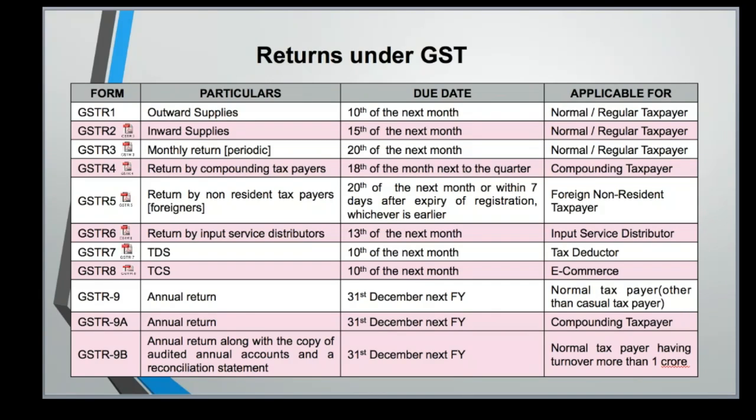Modify the invoices means, yes, there are certain core fields that you have to upload. If suppose your invoice number you have entered incorrectly, in the next return you can amend the information given in the previous return. You cannot amend the return which you have already filed, but every return has a column of amendment of information filed in the previous return. So if you have inadvertently filed any information which was incorrect, you get to know after filing that return. So in the next one, when you file the same return GSTR1, you can amend the information relating to the earlier return, and accordingly the system will alter those details.